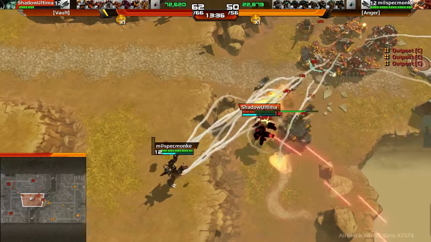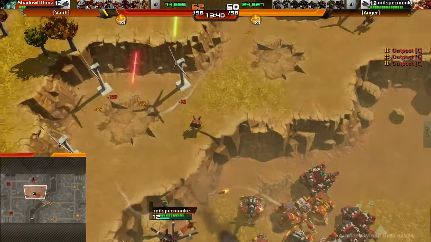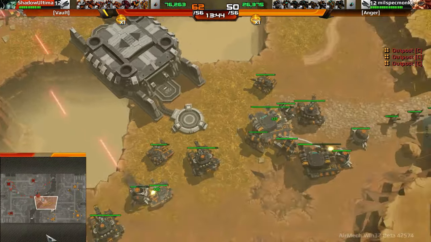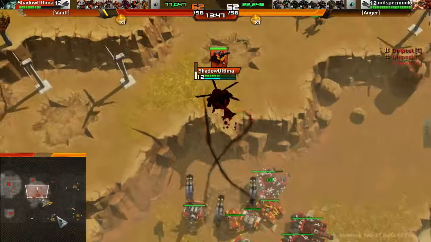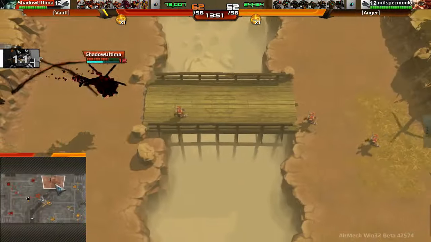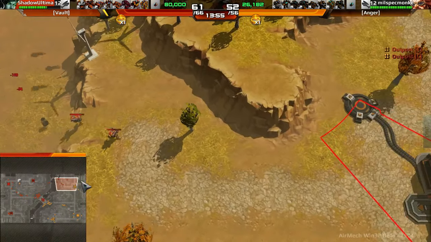way better than that. Oh man, a Devastator getting that ratchet kill so fast. ShadowUltima forced to land and distract that Devastator's fire, and not able to get a second kill there, but yeah. milspecmonke gonna drop that Devastator next to the honeypots to get that heal up, and another honeypot going down on the field. But the top bridge actually cleared, working in ShadowUltima's favor because they are actually going